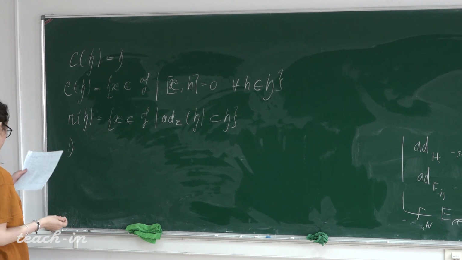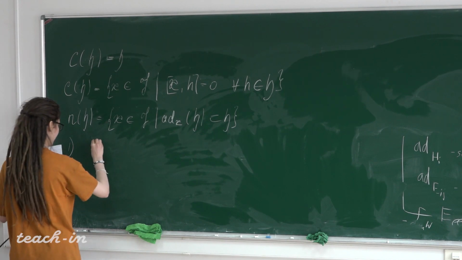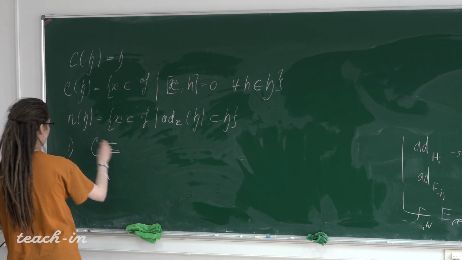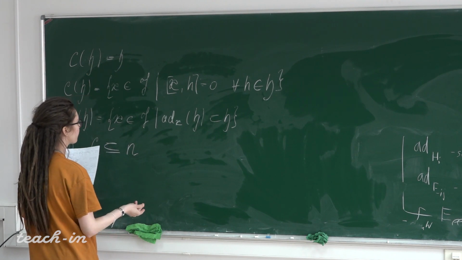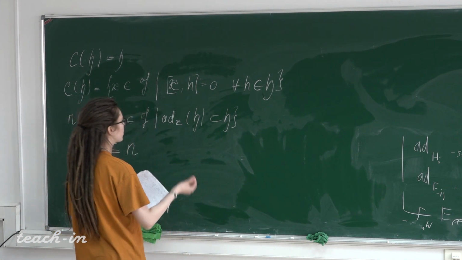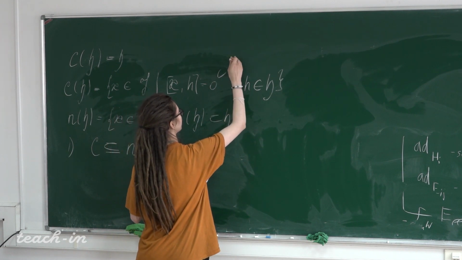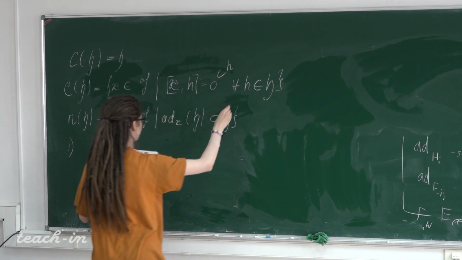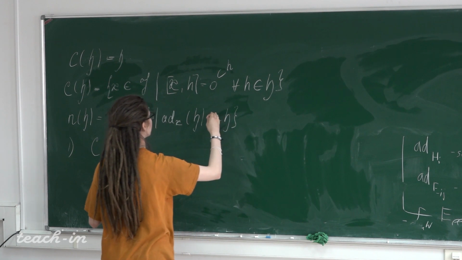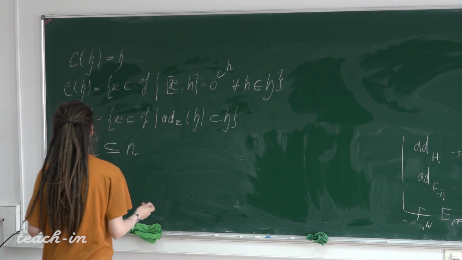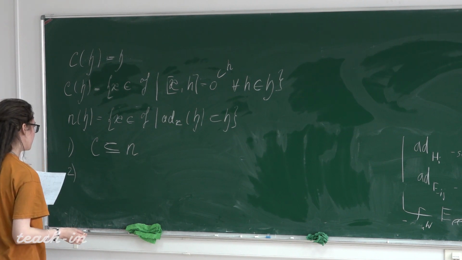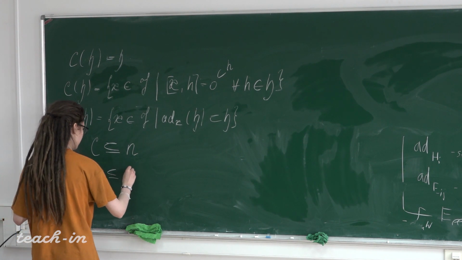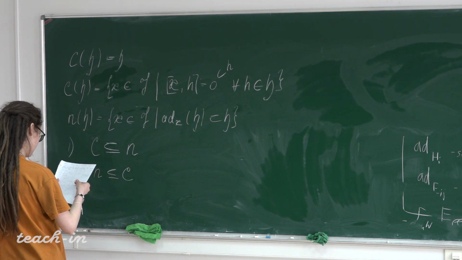We have to consider two sides. First, I think it's evident that C lies inside the normalizer, because zero is obvious. Second, we want to prove that N lies inside C, and for that we use